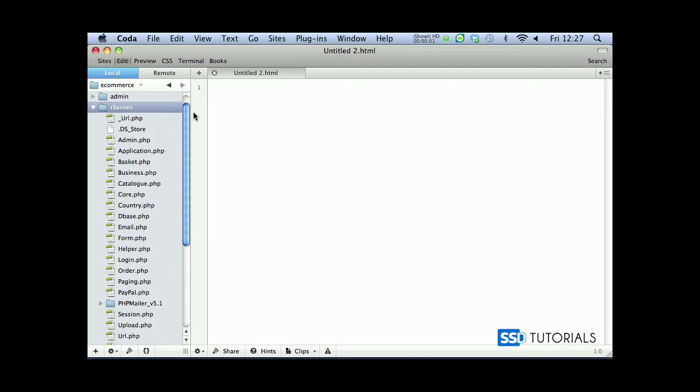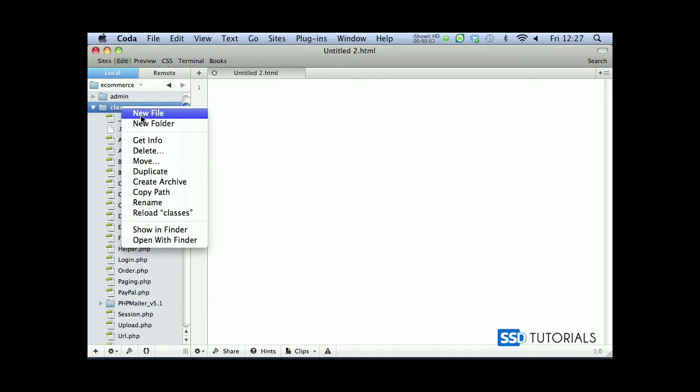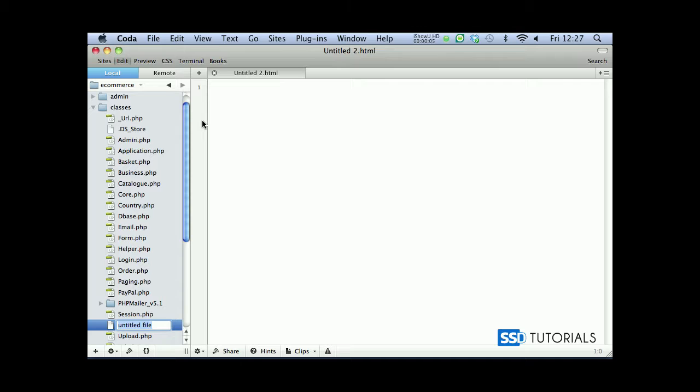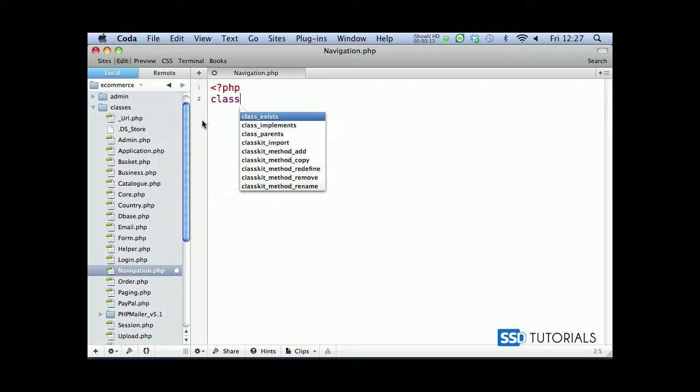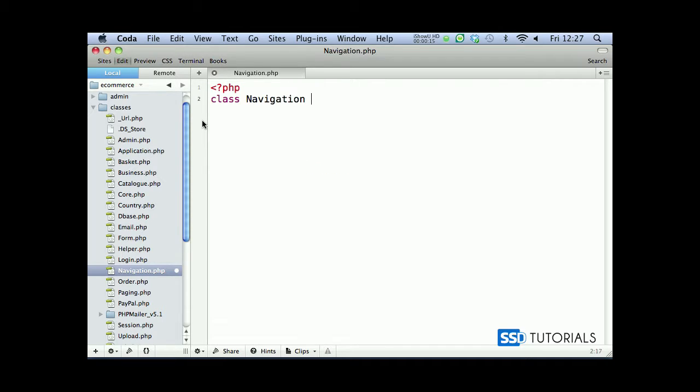We are now going to create a new class called navigation. So inside of the classes folder, new file called navigation.php. Inside of this navigation.php file, we start with the class definition, class navigation, and obviously 2 curly brackets, a few new lines, and we start with the properties, public, object URL, and then the next one, public, class, active,